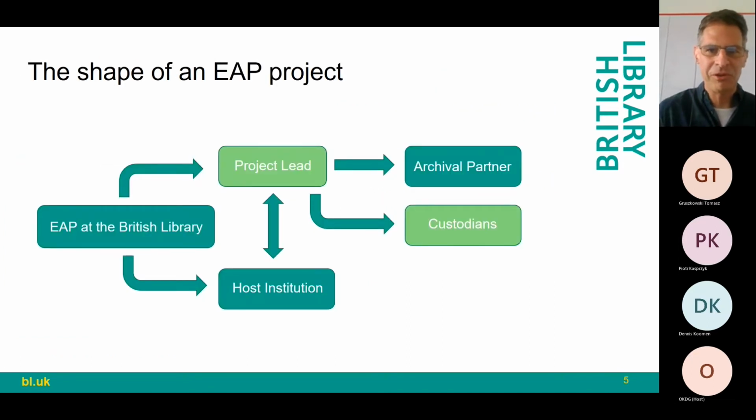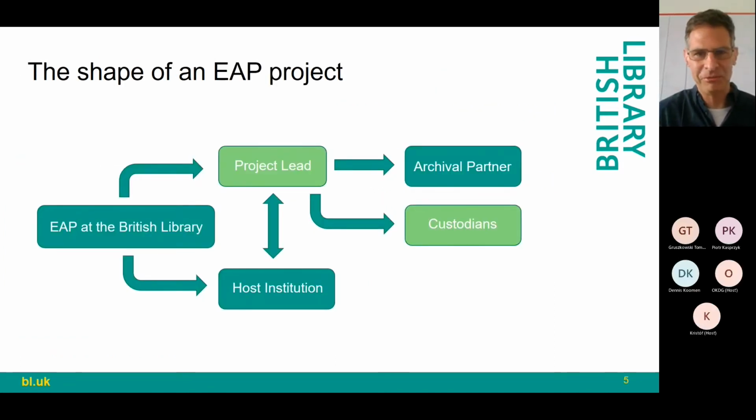So the way a project works is this little flowchart that I made here, where at the left there's us, EAP, at the British Library. Then at the top there's the project lead, who's the person who applies to us and then who runs the project. And they have to have a host institution, which could be a university, a library, anywhere that's able to take the money from us and pay it out to the project. And then